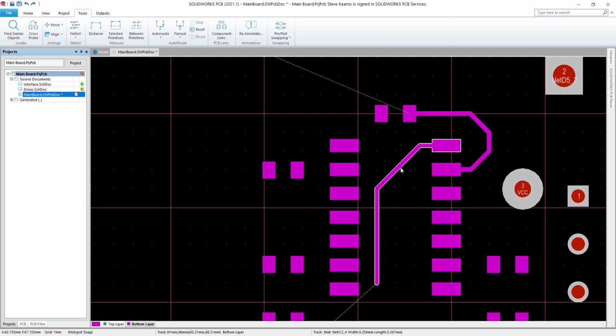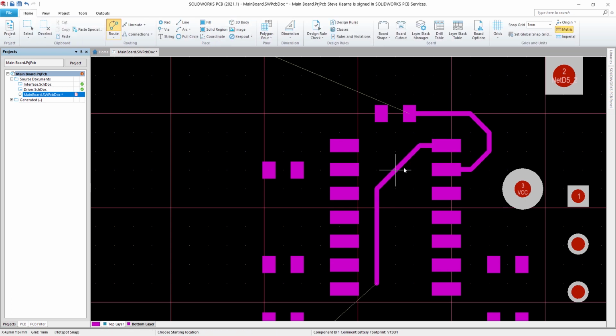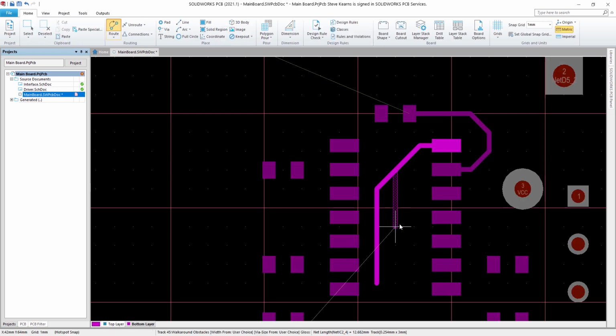The track sections can be manipulated in the same manner that lines and arcs can be, using the same toolset. Open-ended track sections can also be auto-unrouted even if the new track section includes a via.